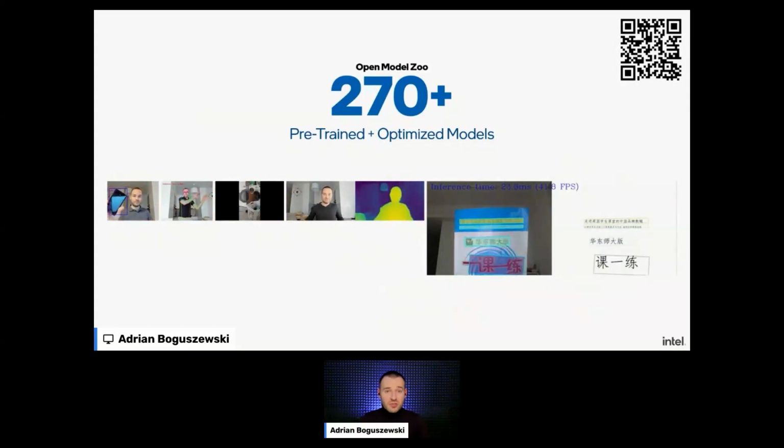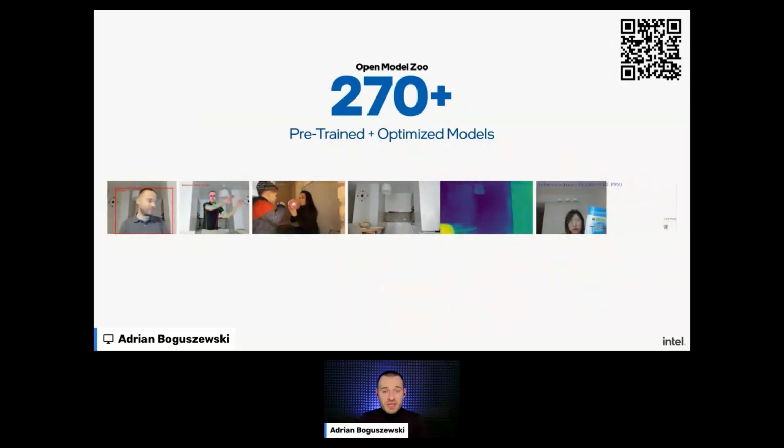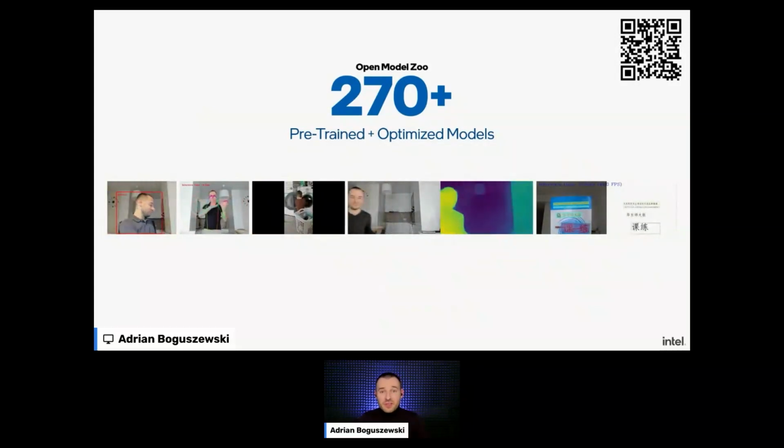It works with English, it works with Chinese, and many, many more. So if you have just an idea and you would like to prototype something, just create a proof